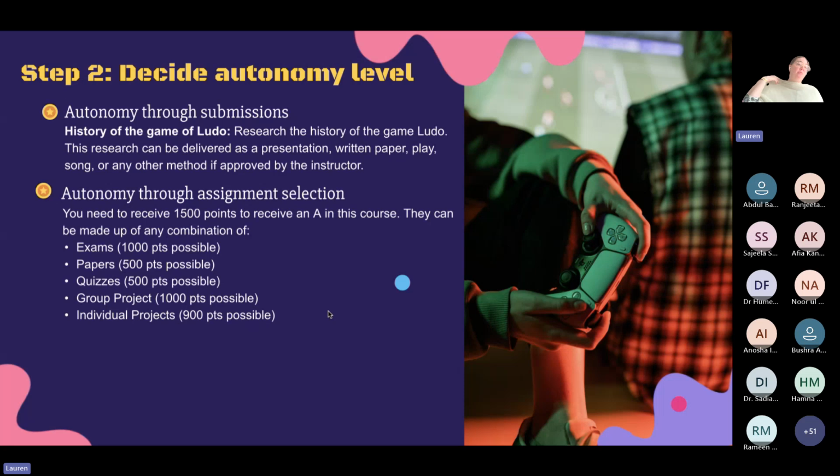Of course, you might have to rework this somewhat, again, depending on the requirements or rules of the institution that you work at, but you can still use this as a guideline to remind yourselves that students are all different, right? They're all individuals and they have different preferences on what they feel that they're good at or not good at, what they enjoy doing and don't enjoy doing, what they're likely to spend time doing or not likely to spend time doing.